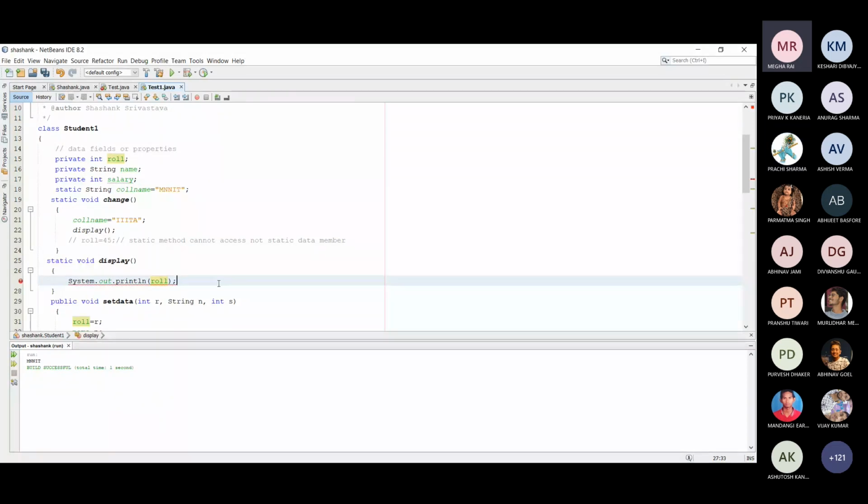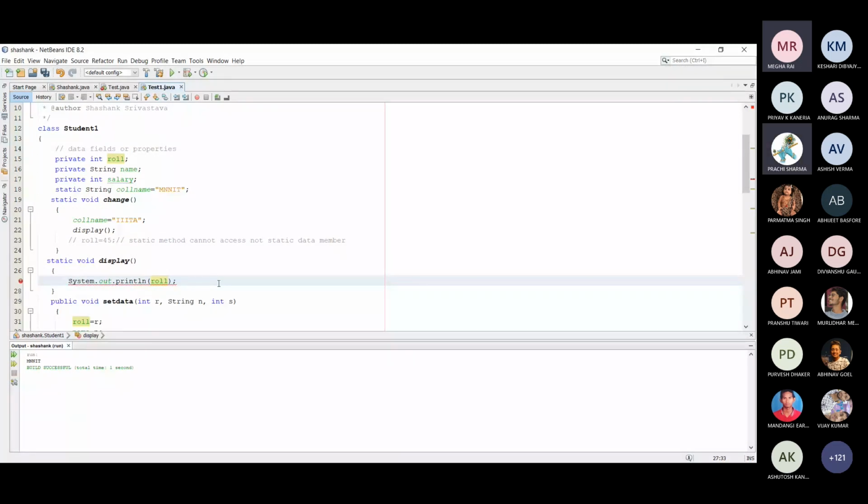So basically this is all about the static keyword, constructor, and class and object. Basic class and object is completed, along with the static keyword. In the next class we will see the significance of this keyword, and after that we will move towards basic input output and then arrays.